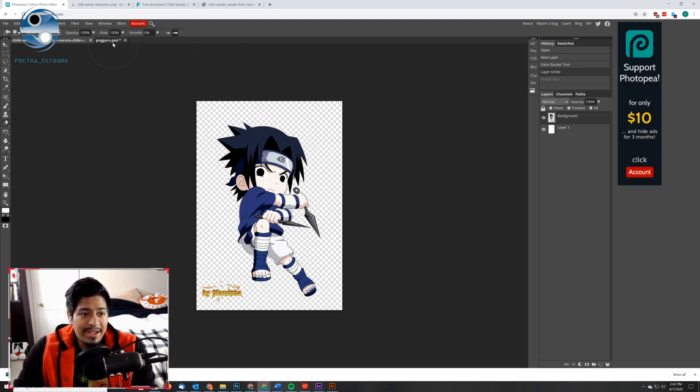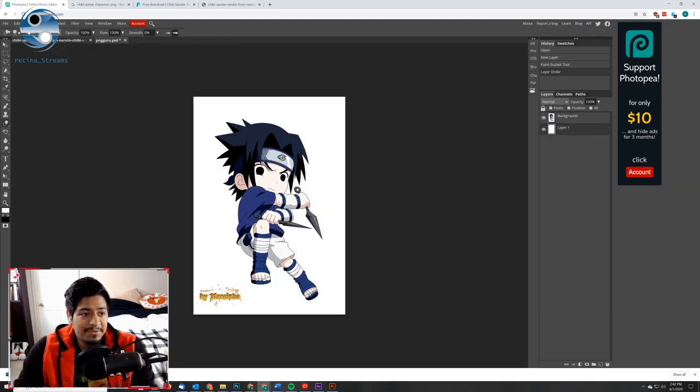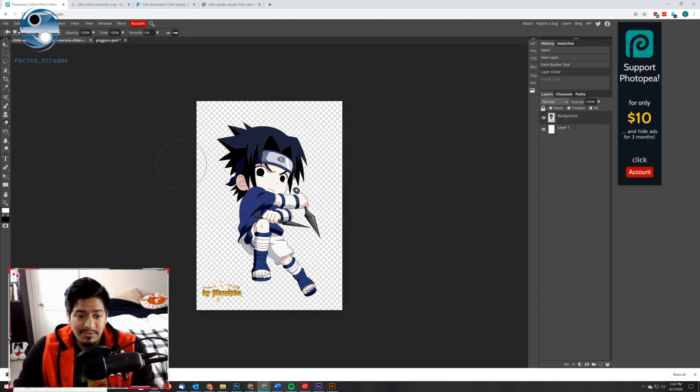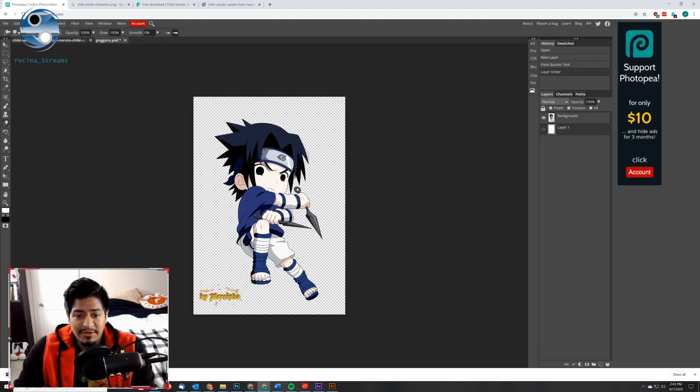So since I am able to use this one, I'm going to just use this one. Because like I said, this one will take time, erasing all the background, getting all this checkerboard pattern out of here. This one, if you notice, it still has it, but you don't see it because it's actually transparent. Like this is the original copy. However,